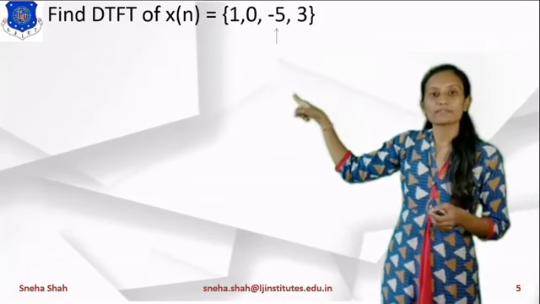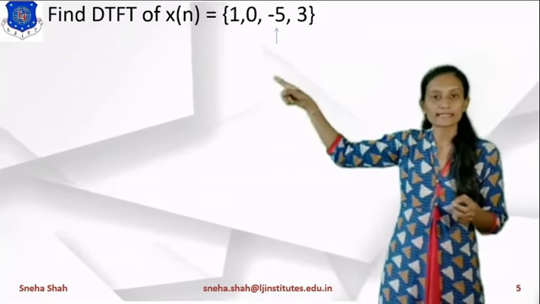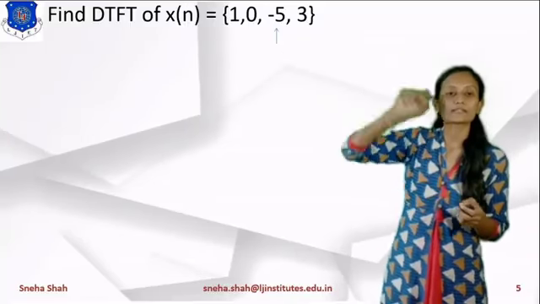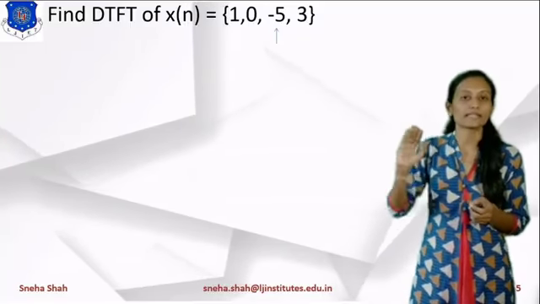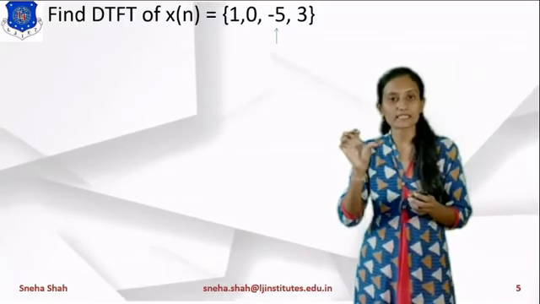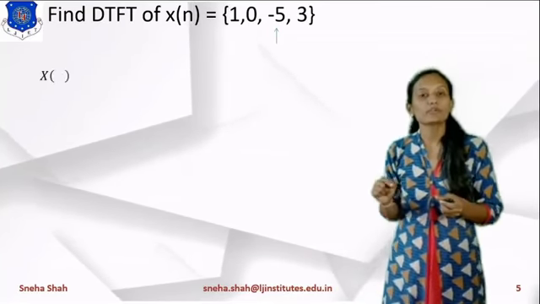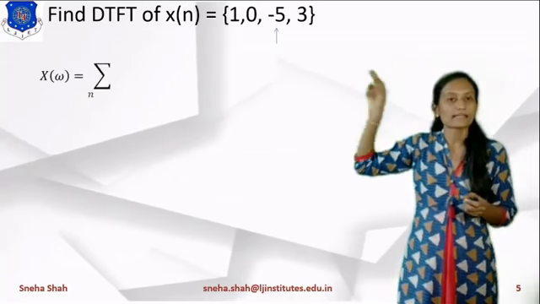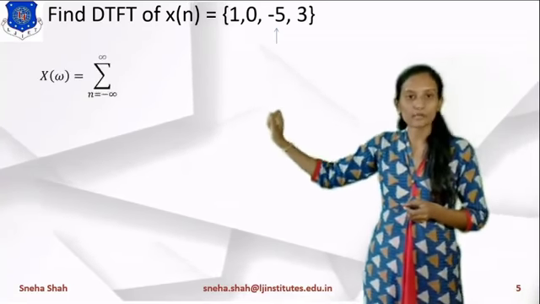In this, the arrow is given below minus 5, which means this term will be considered as n equals 0. Before that it will be considered as minus 1 and minus 2, and after it will be considered as 1. So the range of n will be minus 2 to 1. So if you want to find the DTFT of this, then first of all we'll write down the equation of